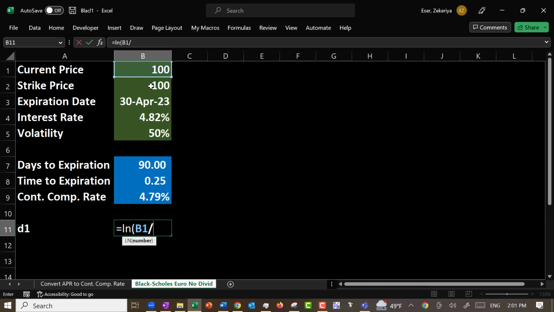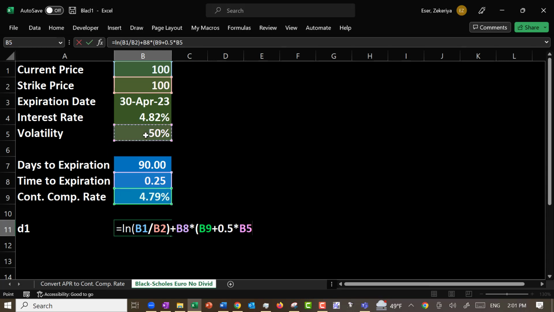Current price divided by strike price, plus time to expiration times interest rate, which is the continuously compounded rate, 1/2 volatility squared, and the whole thing is going to be divided by volatility times square root of